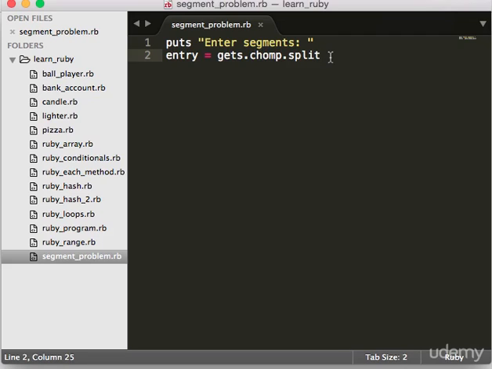So if we entered, just for example, 1 and 3 as our segments, our array would look like this: 1, 3, because it's splitting right now on white space. Now, just so you know, you could pass a parameter to this and say split on apostrophe, or split on period, or whatever parameter you wanted to pass to it. But now that we have our entry in the form of an array, what we're going to do first